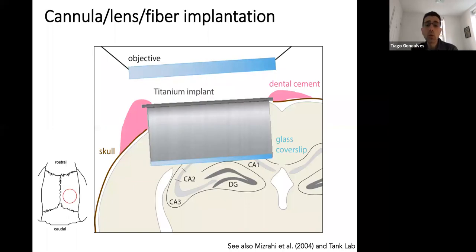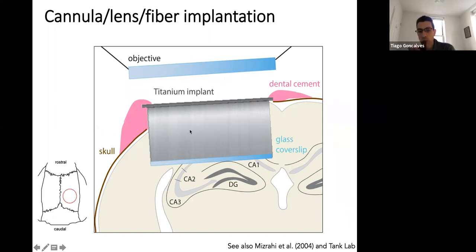One system that we use in the lab, actually, we no longer use this. This is going all the way to the hippocampal fissure. We now use pretty much the same, but much shorter, that we implant right above the hippocampus. We don't actually touch the hippocampus. And this is a technique pioneered by Adi Mizrahi when he was in the CATS lab at Duke. And it's also used by the Tank lab, by Dan Dombeck and others, to image the hippocampus, and became a